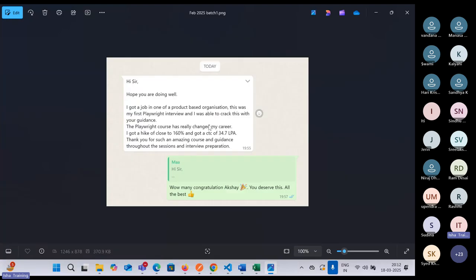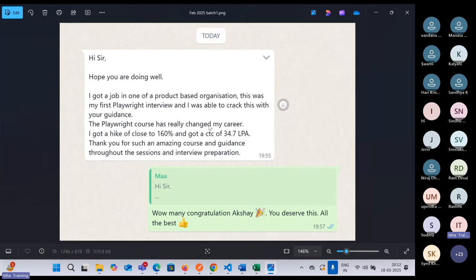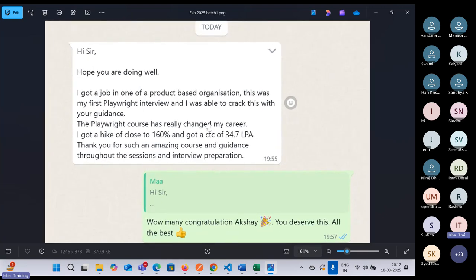Second, this I have just received from one of the students. Again, this student is also a girl. She was earlier working on Tosca, one of the automation tools. She had worked for close to 9 years on manual testing, around 1 year on Tosca, and